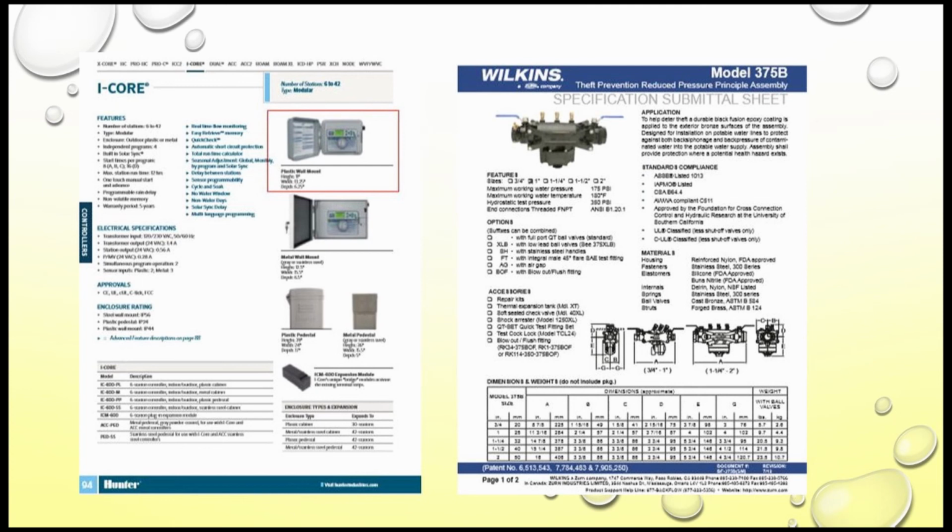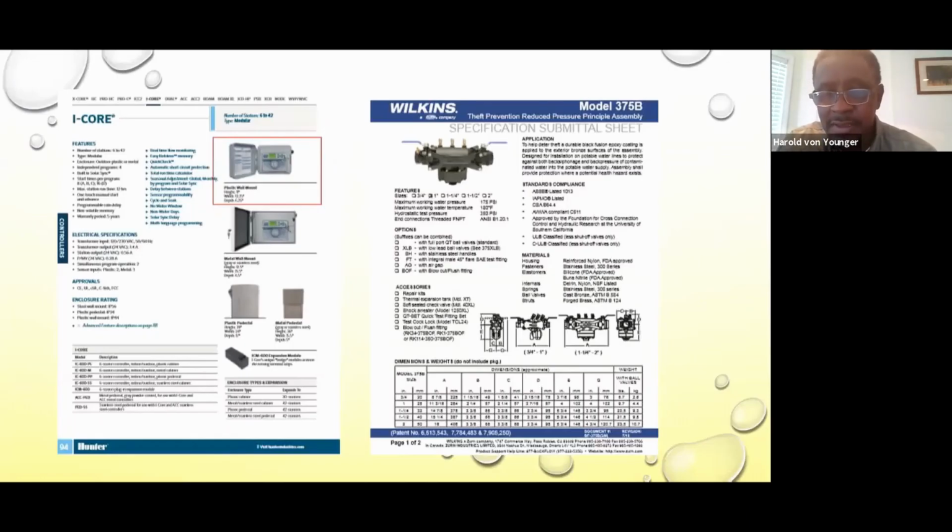The object to the left is called an RPZ, which is a reduced pressure principle backflow device. This device is used on a lot of California projects because it detects chemicals or contaminants that are in the water supply. If it does detect that, it will spew out the chemical at the bottom, and it protects the water supply. So this is probably the most